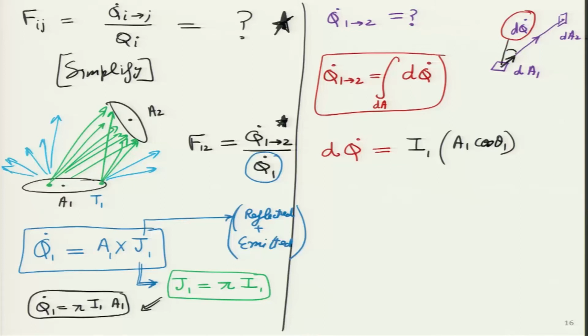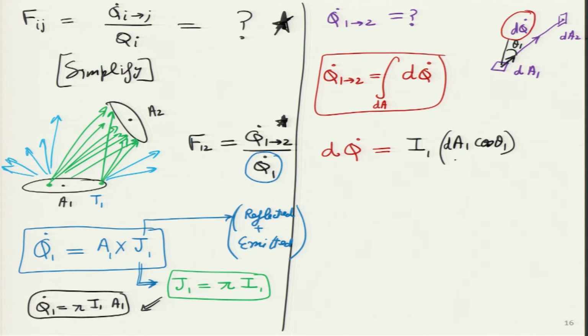So, if I have over here this angle as theta 1, then what I will have to write is I1 into A1 cos theta 1, because I am taking the intensity which is emitted from surface 1 multiplied by the projected area of that surface 1. So, this projected area will be dA1. Please add the dA over here, because we are taking the differential area dA1, multiplied by the solid angle over here. I will make a small solid angle at this particular point. This small solid angle I will write as d omega,